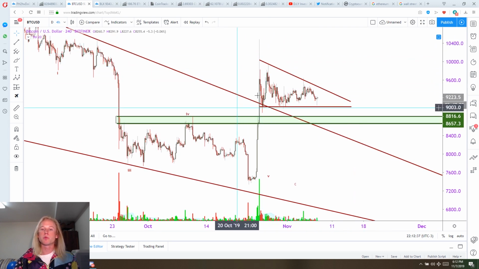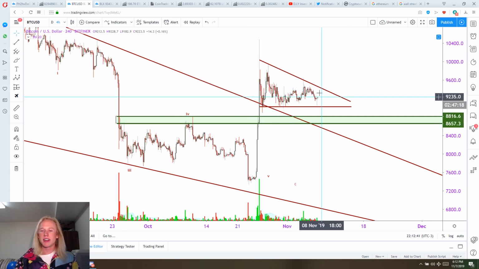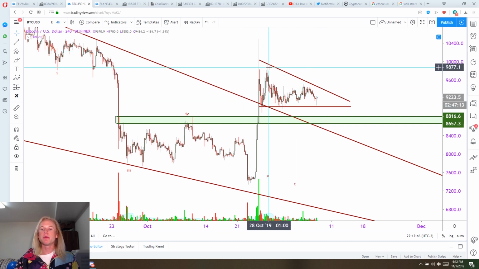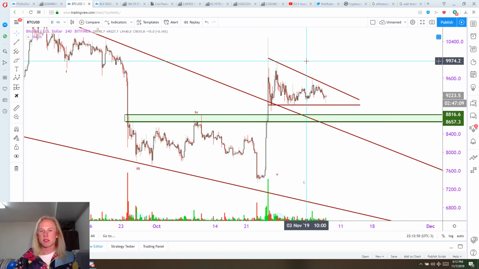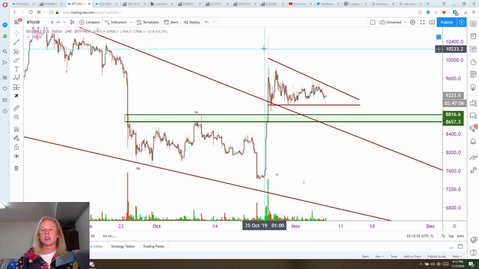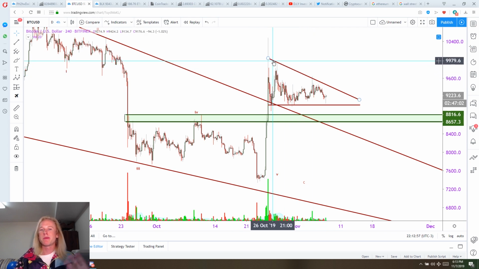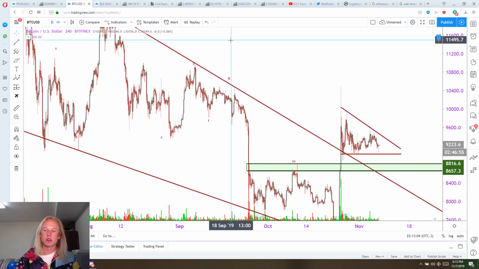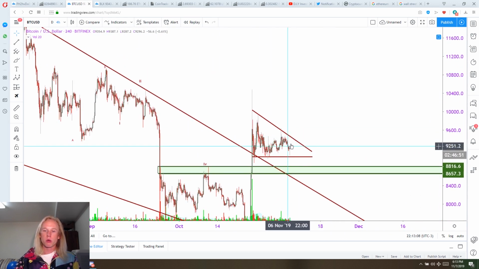Really, we were just first breaking out of this descending resistance, and from there we've just kind of consolidated in this little triangle formation. Now this triangle, I'm not really putting a whole lot of faith into it, but what I really wanted to point out to you guys is what I'm seeing thus far, just based off of price action: we have 3 consecutive lower highs. Now, I'm no genius, but I remember the last time that we had this same setup play out inside of Bitcoin was back here, and we basically had the same sort of setup where we had 3 consecutive lower highs, actually 4, before we finally sold off.